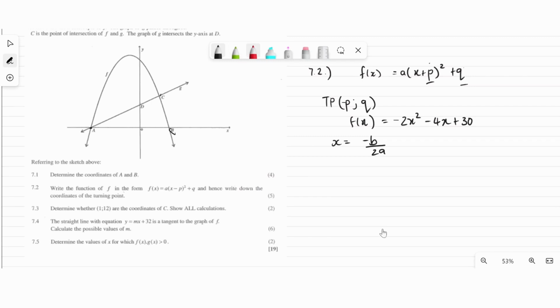I need to find what b and a are. This is a, this is b, and this is c. So substitute b and a. It's going to be equal to negative 4 divided by 2 times positive 2,